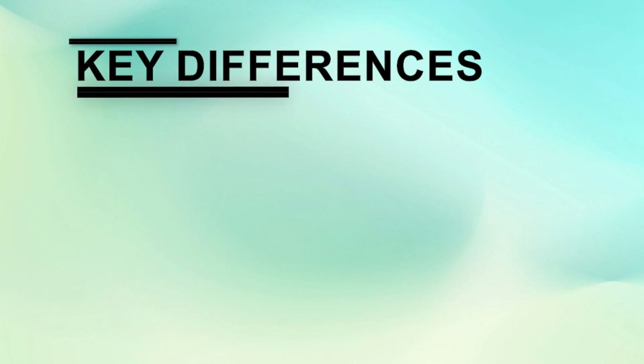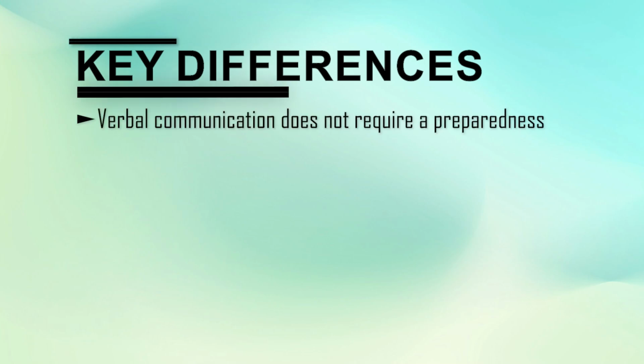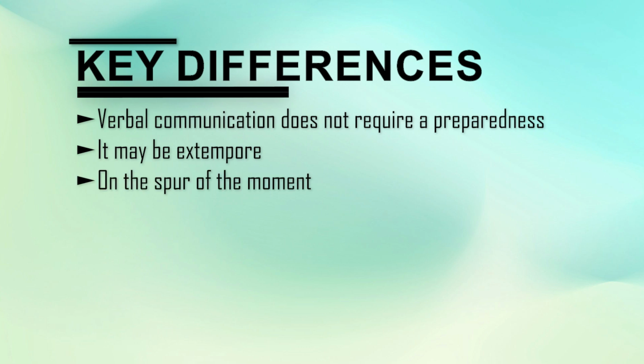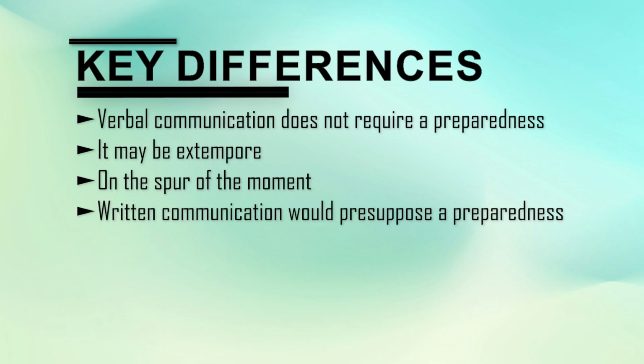What are the key differences between verbal communication and written communication? What sets them apart? That is very important to know. Verbal communication does not require preparedness. You don't have to be prepared to speak or to even write something, jot down something in a very hurried fashion. It may be extempore. That means you're totally unprepared and some idea is given to you and you have to speak on it. I'm sure a lot of us have had experiences of this kind of extempore speech when we were in school for our debates, etc. It can be something on the spur of the moment, but written communication would presuppose a